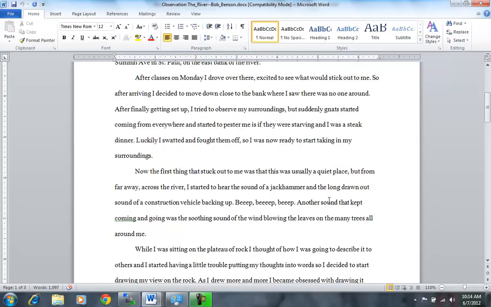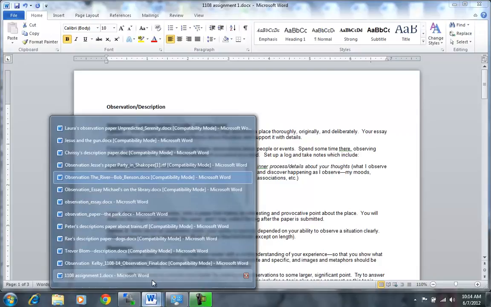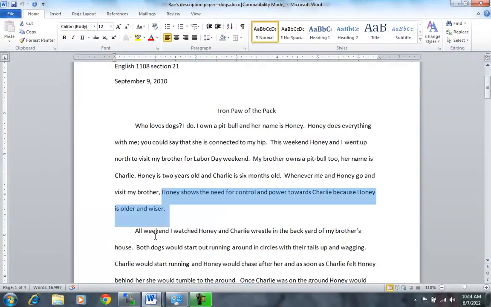Just as Samuel Scudder had to refocus and get back to the thing he was studying, so too did this student. Let's continue on. Let's take a look at another paper here. I have a paper here that's a description paper, and it's about observing dogs when they get together. Again, you may laugh at this, but when you're observing the natural world or even the animal world, lots of